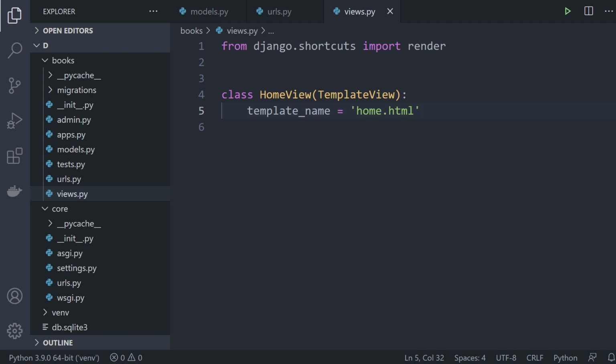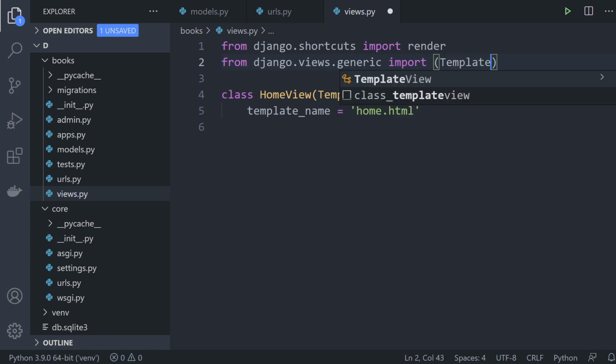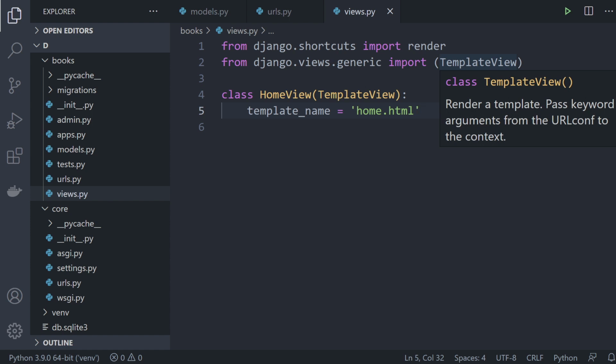So we're going to build a class-based view here. It's going to be called home view. We're going to be utilizing the template view from the generic views. So we're going to import that in. So let's go ahead and do that. So if you have seen the rest of the class-based view series, you've seen that we've already started utilizing, and I've given you an overview of these class-based views, the default generic views. So in short then, these views here, we're bringing in an existing view with all the functionality that this view